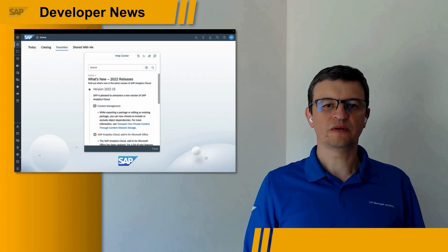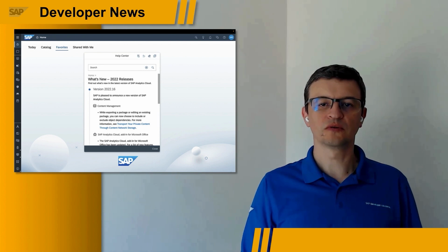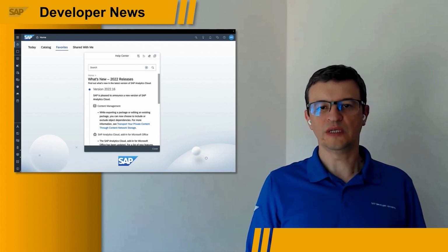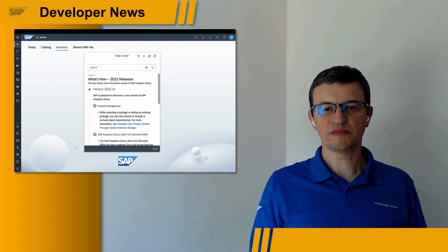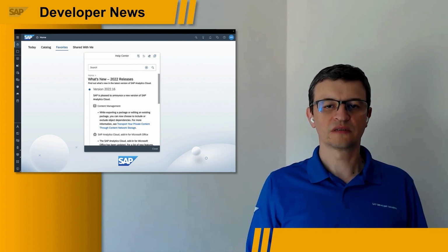SAP Analytics Cloud Release 2216 is available for fast-track customers and for users of trial and guided experience instances. Now, while exporting a package or editing an existing package, you can choose to include or exclude object dependencies. During the first transport, you normally would like to transport objects with all their dependencies. During subsequent transports, you want to transport only delta changes, and this enhancement allows you to include objects, but not